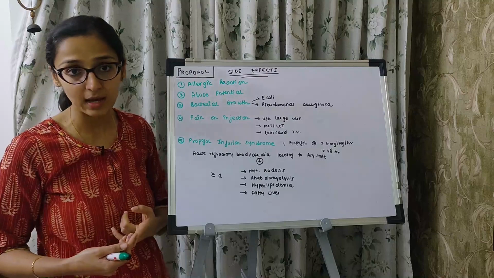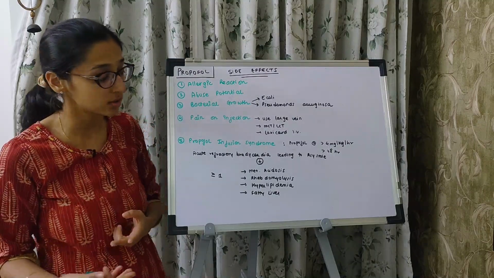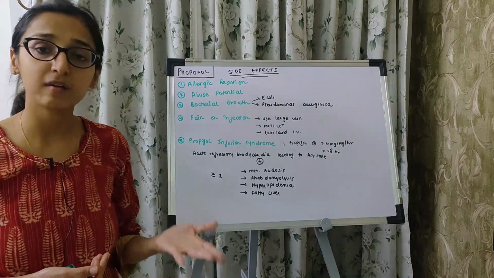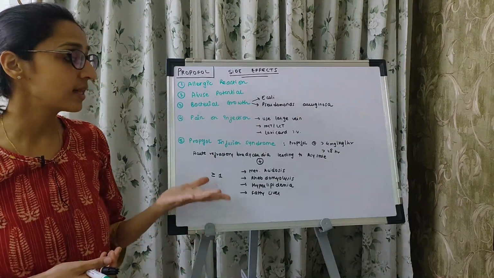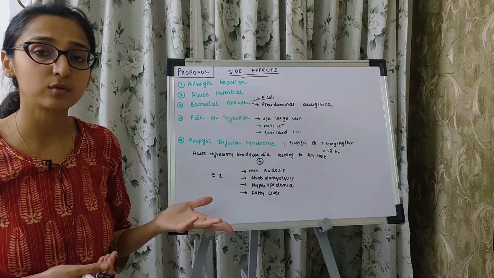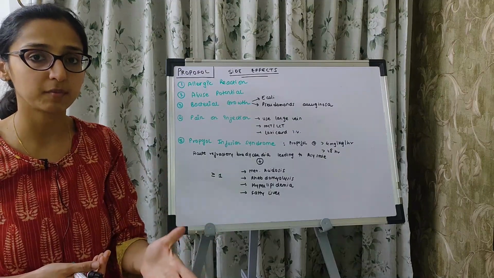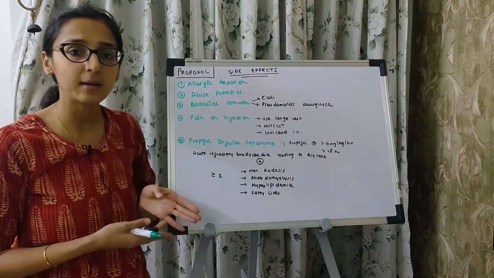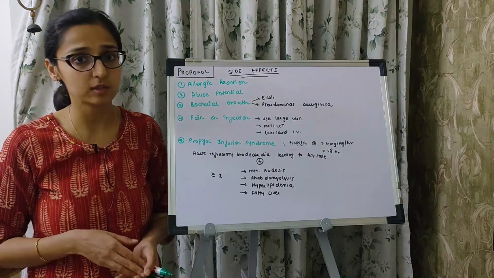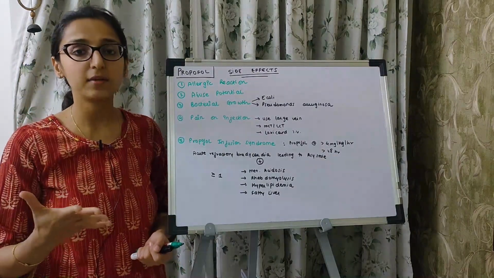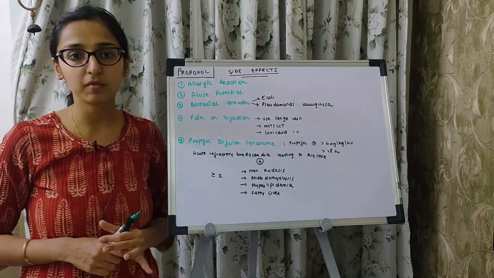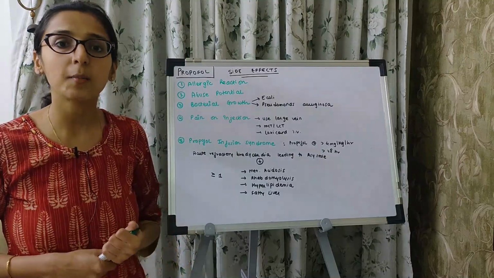The patient could have metabolic acidosis, a high anion gap acidosis. You will see the patient has rhabdomyolysis, hyperlipidemia, fatty liver. This indicates that the patient is probably having propofol infusion syndrome. You are supposed to immediately stop the propofol whenever you suspect propofol infusion syndrome. It will take time to get the ABG reports done, but if you suspect it clinically, stop the propofol, let the reports run, and only then can you restart the propofol. So that's it for propofol, and I shall come up with more lectures soon.